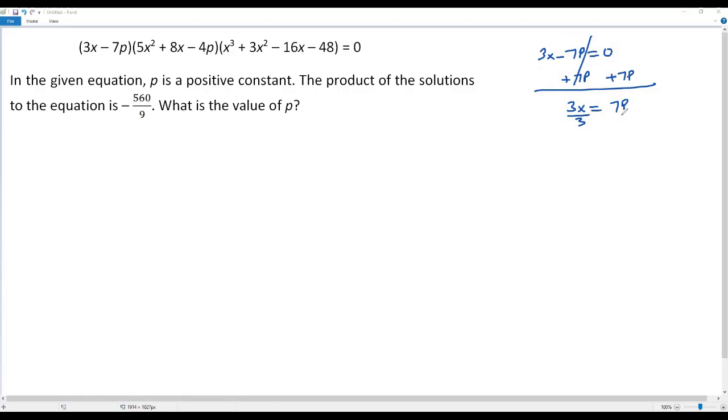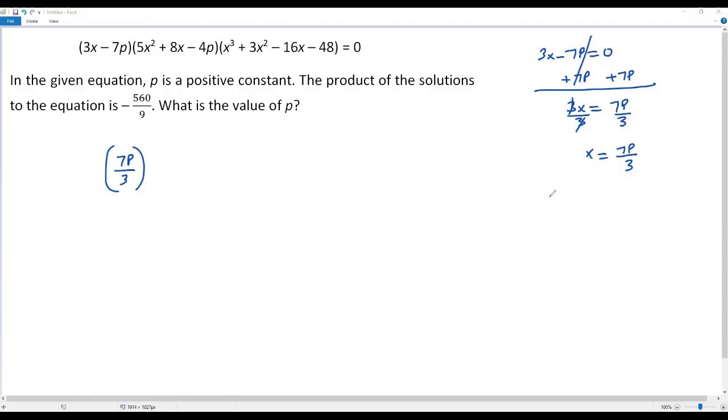Let me divide both sides of this equation by 3. Then this 3 will cancel out. I am getting x equals 7p over 3. Okay, when I equate this one to 0, I got a linear equation, and the solution for that equation is 7p over 3. Okay, now if I consider this one equal to 0, I am getting a quadratic equation,